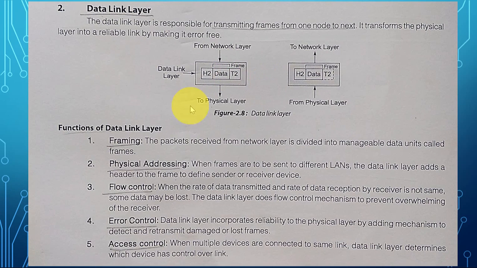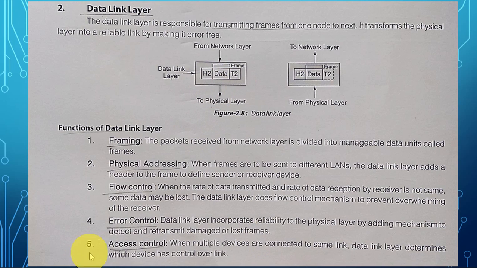The functions of the data link layer are to frame the data, then give the data a physical address, then flow control and error control. Error control means the data link layer adds reliability to the physical layer by adding mechanisms to detect and retransmit damaged or lost frames. To control errors, header and trailer data are inserted.